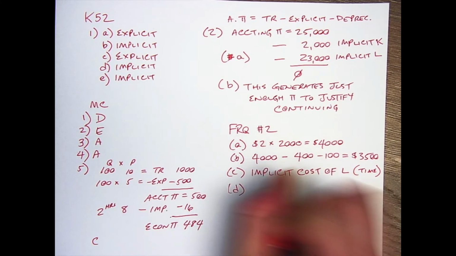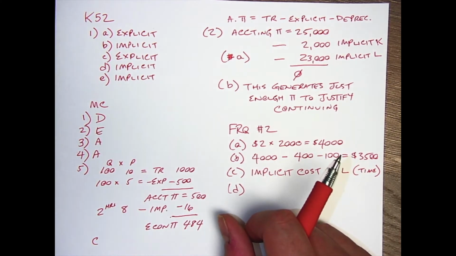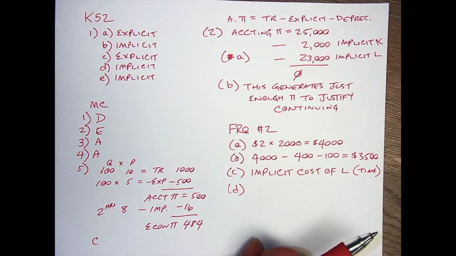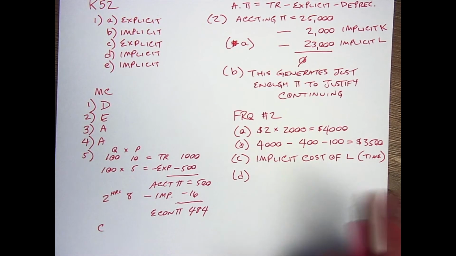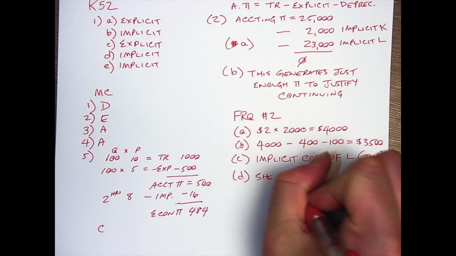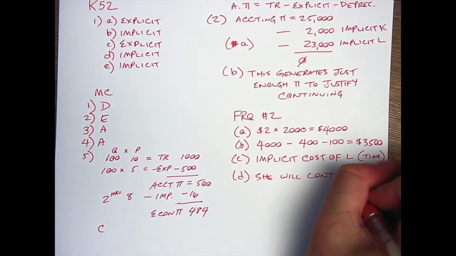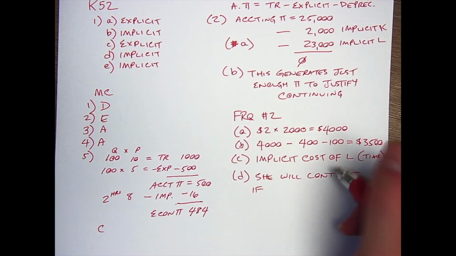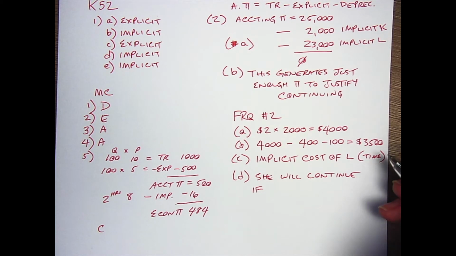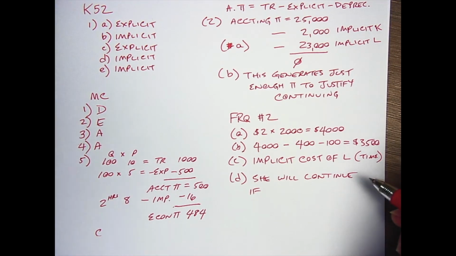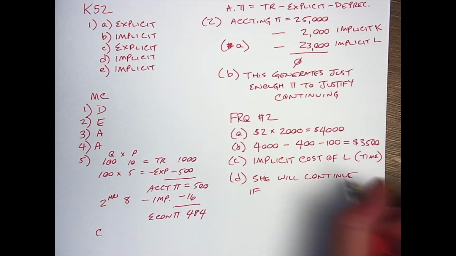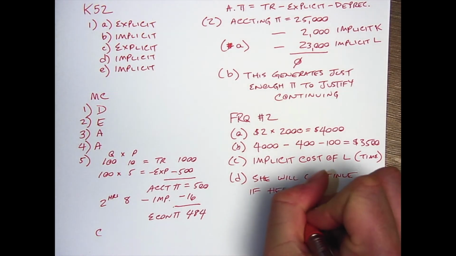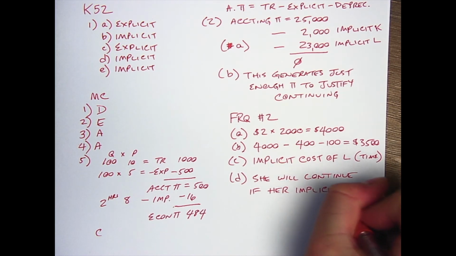And D says, suppose these numbers remain unchanged, explain how Sunny will determine whether or not to continue operating in the long run on the basis of these numbers. So she will continue if, and here's where the kicker is, right? We know that the implicit cost of her capital, given in the problem, is 200. So her 3,300 would be the remaining amount before she ends up with negative economic profit. So she will continue if her implicit cost of labor